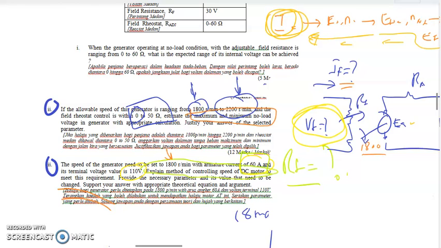Okay, I think there are some mistakes in this question, I'm not sure from whom, something needs to be corrected. Because it states here, explain the method of controlling the speed of DC motor, but we were talking about a generator just now. So this is a generator, but it states DC motor here. So maybe some parameters need to be changed. Anyhow,